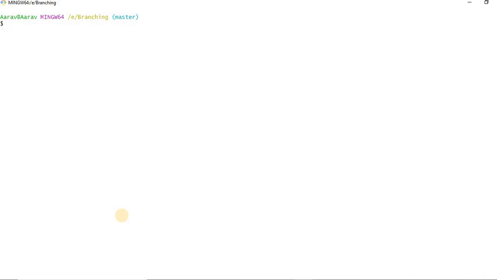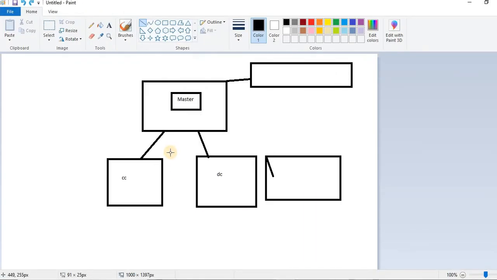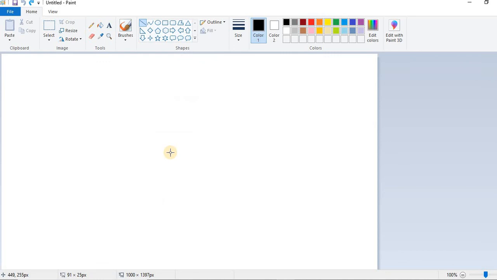So if you do merge, what happens? The latest commit will be the head, no matter when you merge. Okay, latest commit will be the head. So, but what happens here now? I'll just give you a simple example. I'll just simplify it. Okay, so this was A commit, B commit, C.